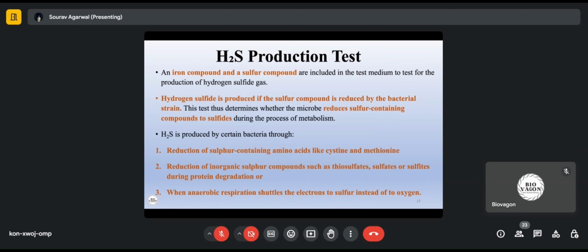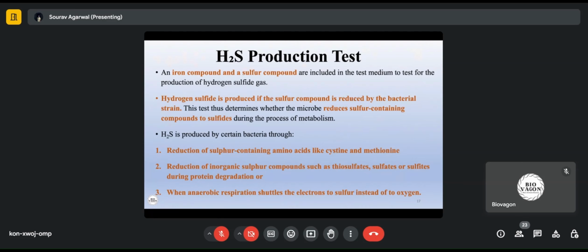This breakdown by organisms can be performed either by reduction of sulfur containing amino acids such as cysteine and methionine, or it can happen through reduction of inorganic sulfur compounds like thiosulfates, sulfates, or sulfides during protein degradation, or